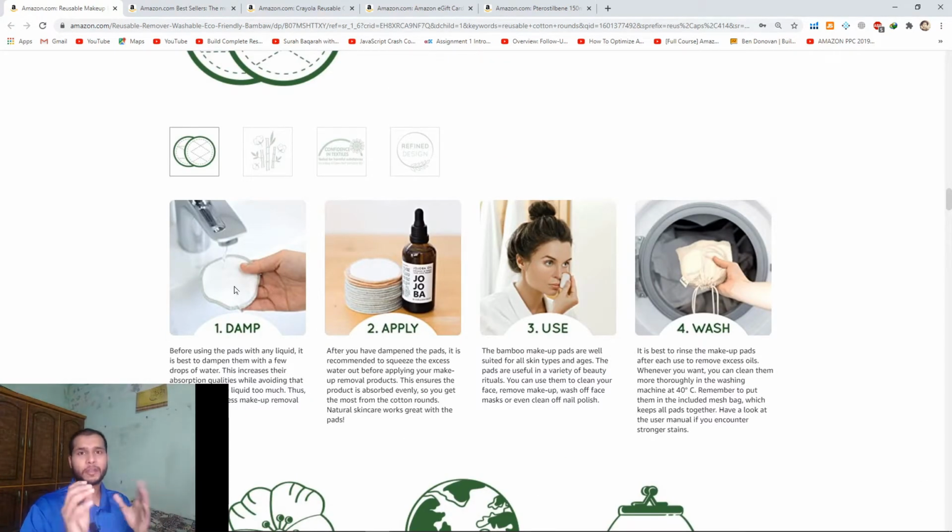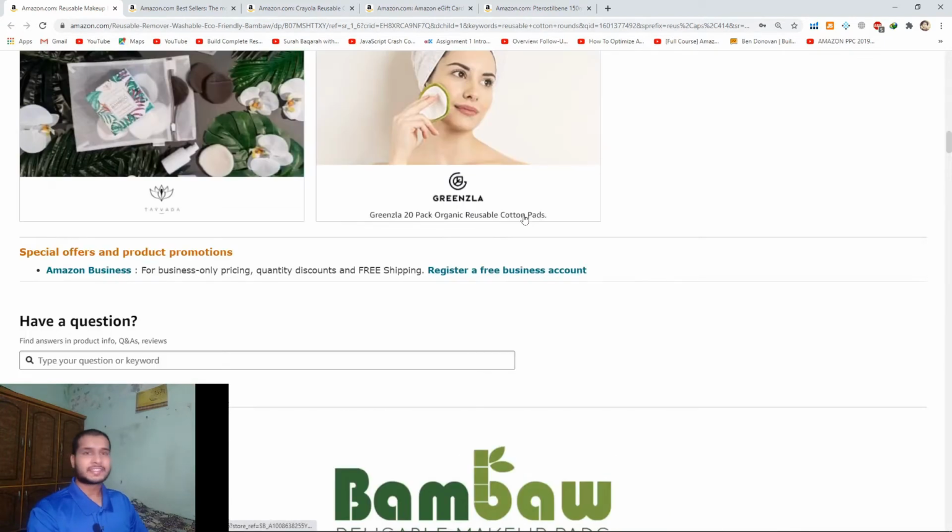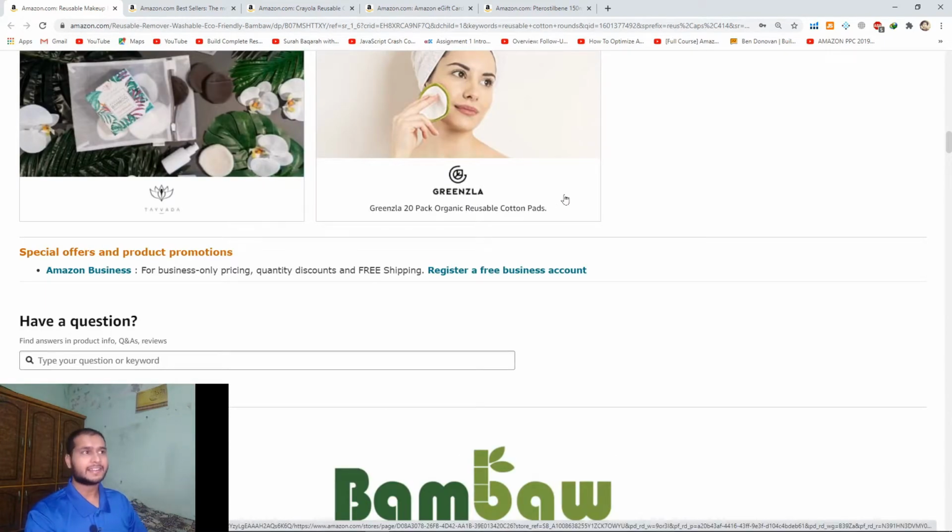EBC is allowed when you are brand registered; otherwise you are allowed to put a product description. If you have both product description and EBC, then EBC is dominant over the product description and it will be shown there. So title, bullets, description, EBC, images, these are mostly called the front end.